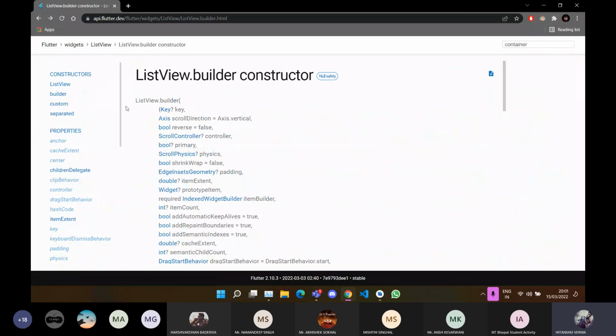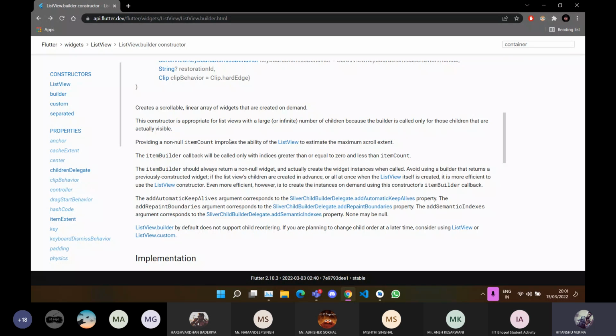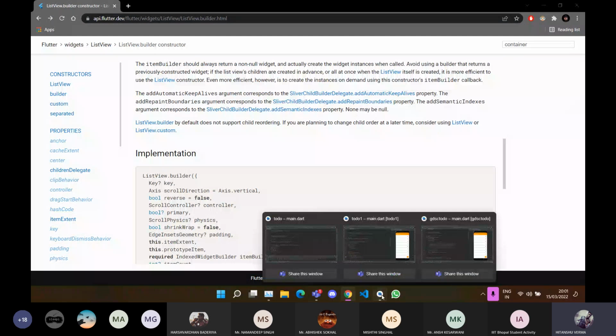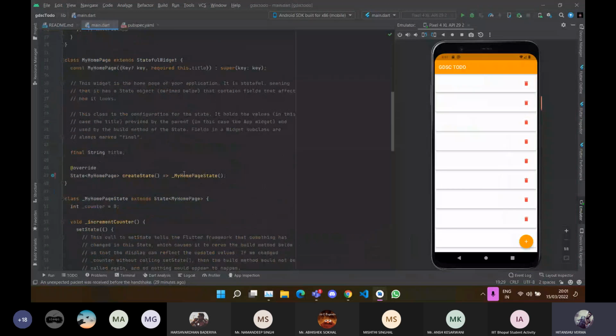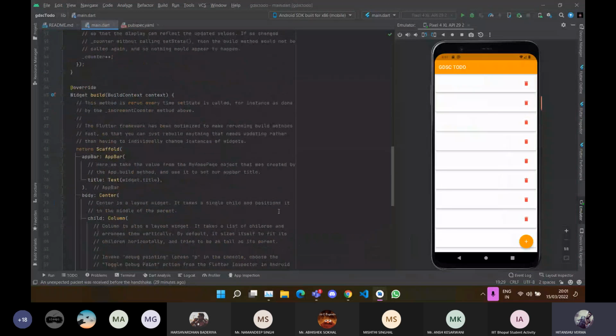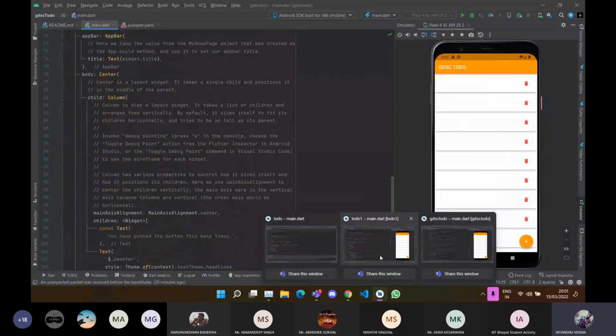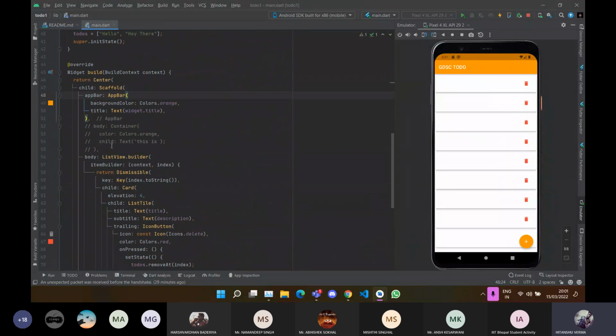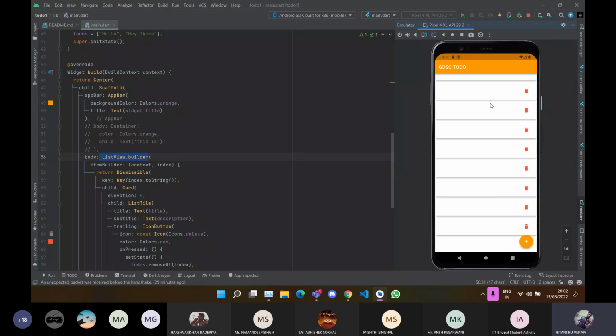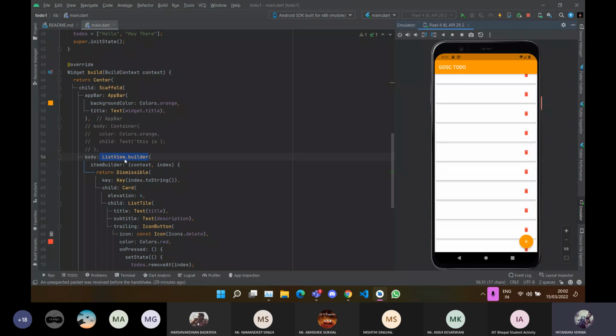So we'll be looking at the list view builder. If I put the long story short, this list view builder is just going to build a list, right? That's exactly what it's saying. I'm going to build a list. That's why my name is list view builder. So this list view builder is going to build a list of items you provide the builder with,